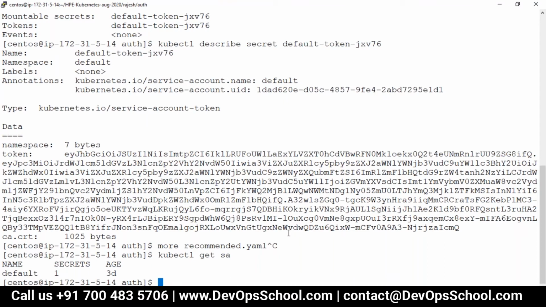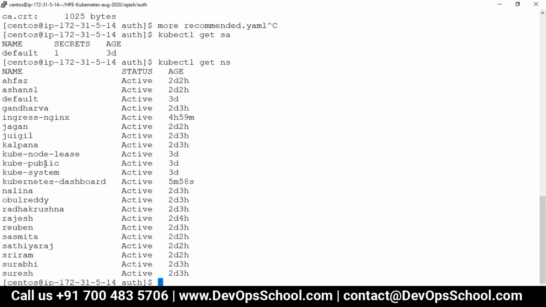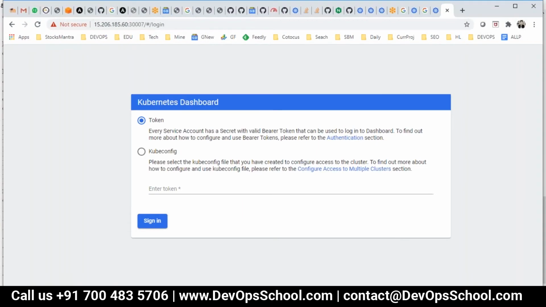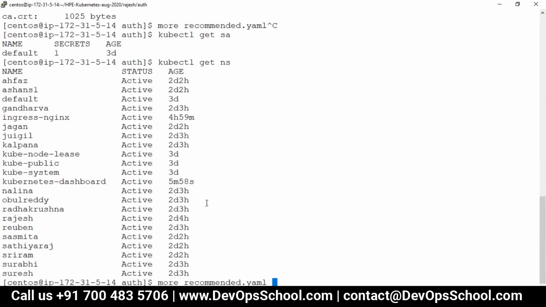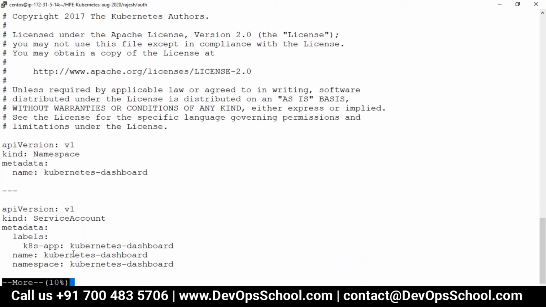I need kubectl get ns. I need which user got created by this. I forgot. Okay, wait a second. Recommended. The name of the user is kubernetes-dashboard, and the namespace is kubernetes-dashboard.